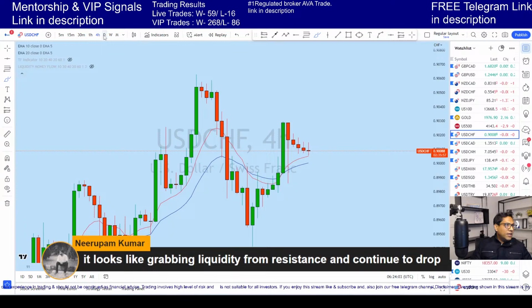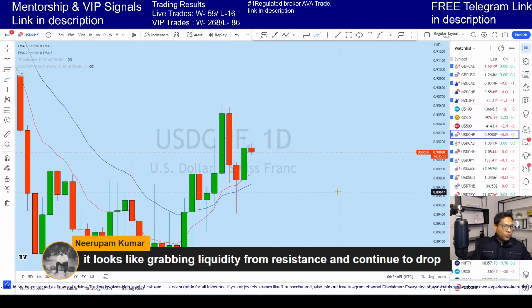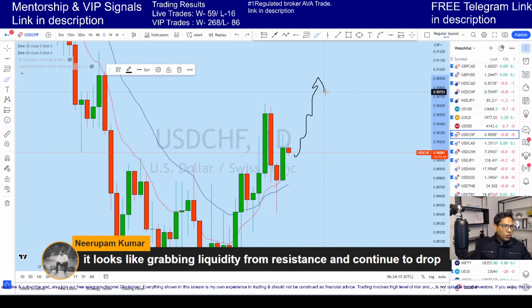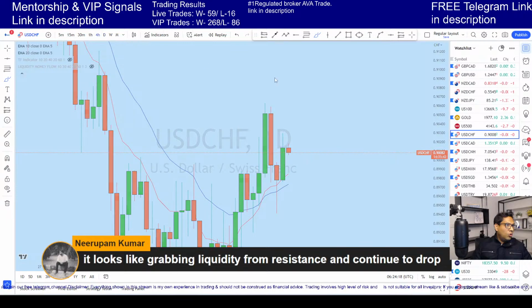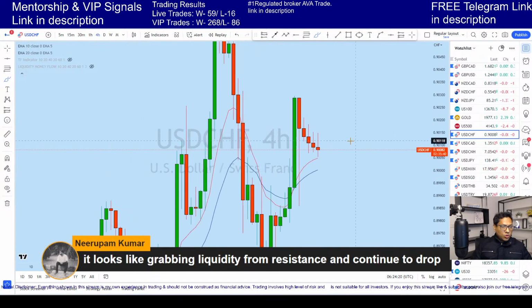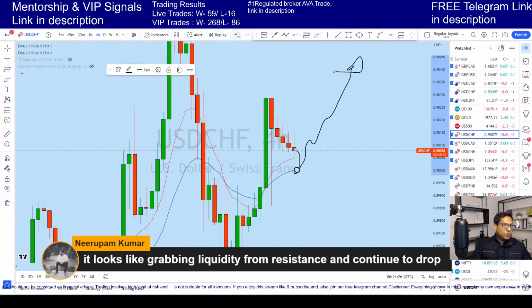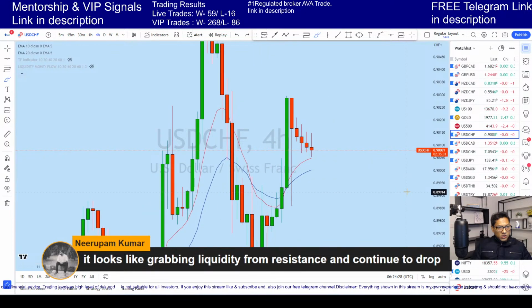If we look at the daily price action on USD CHF, we see that from the daily perspective, there is a daily bullish candle and there is a long wick here. We could see that USD CHF is going to the upside from the lower time frame perspective. So we'll be looking for USD CHF. I think the price might grab liquidity from here and then we can expect another bullish move on USD CHF